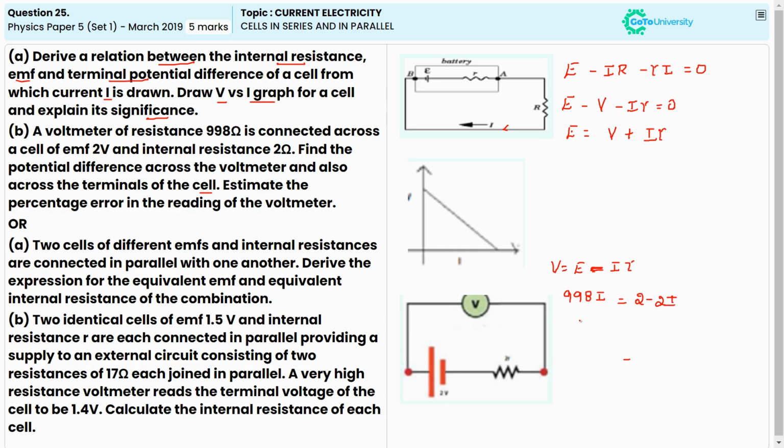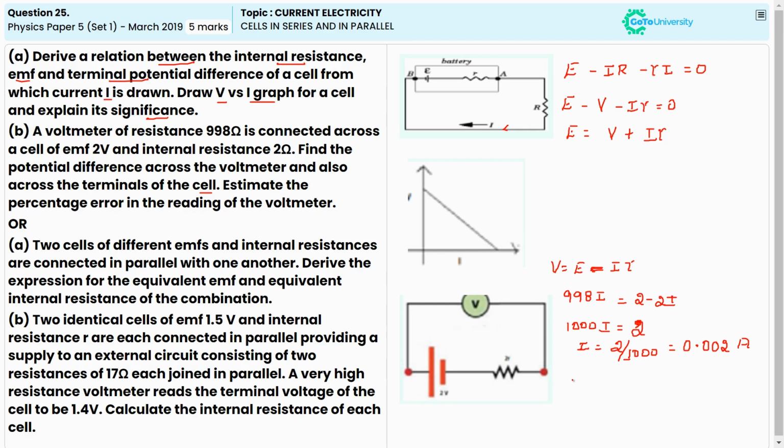If minus 2I comes to this side, then this becomes plus. That is 1000I is equal to 2. Then I is equal to 2 divided by 1000, which is equal to 0.002